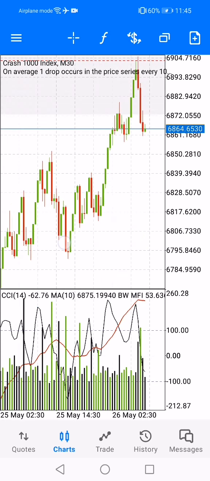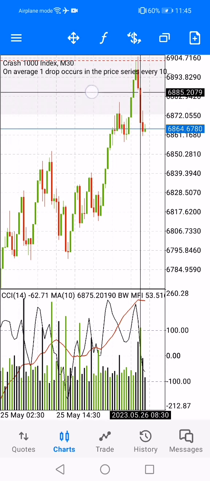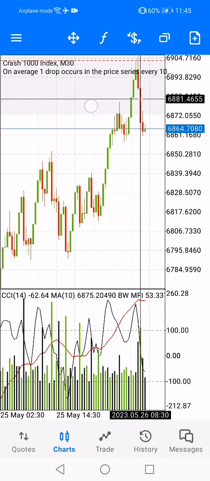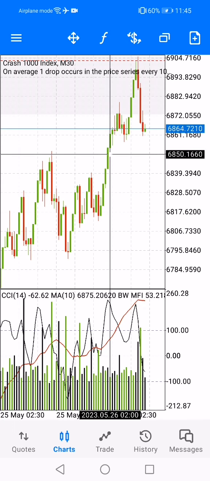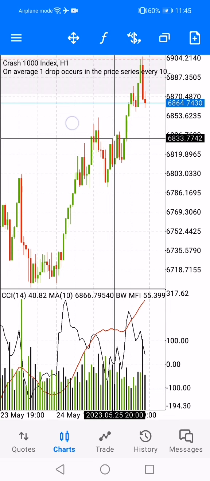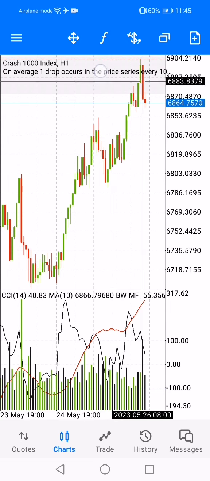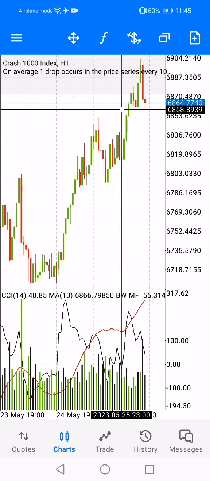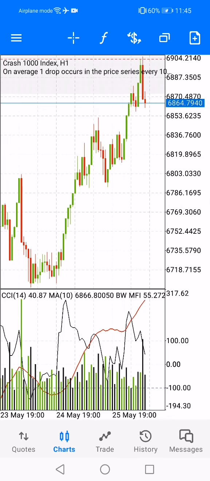On 1 hour, you can see these rejection candles. Okay, see this rejection candle. See this one. See how big they are. Okay, on 30 minutes. On 1 hour, come to 1 hour and see. See how big this is. This is a bearish engulfing. You see how long it is. So this is how you are going to trade boom and crash, guys. Also, another thing,